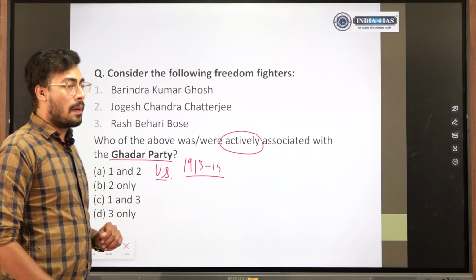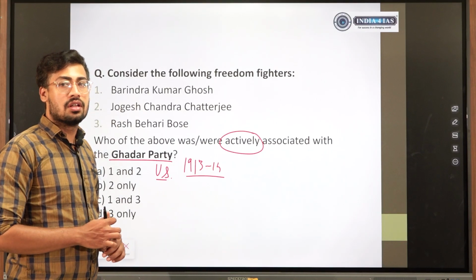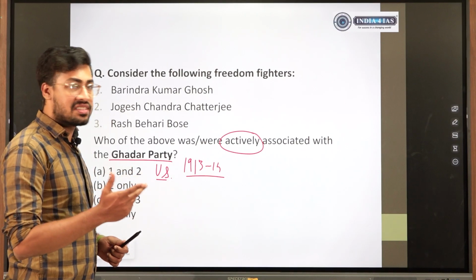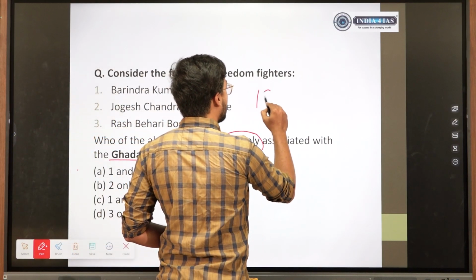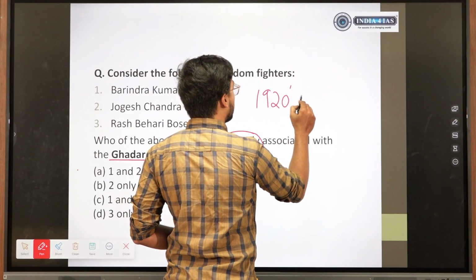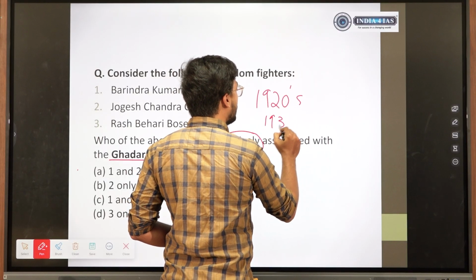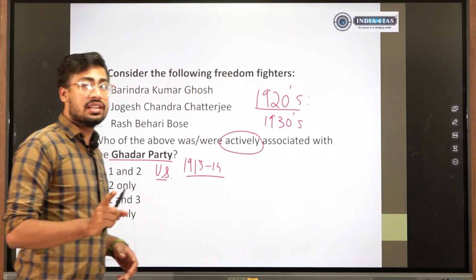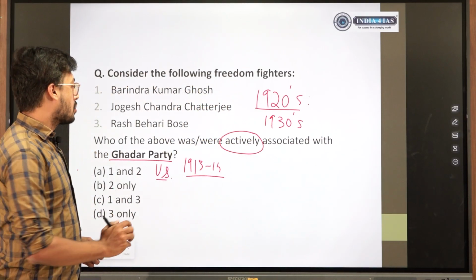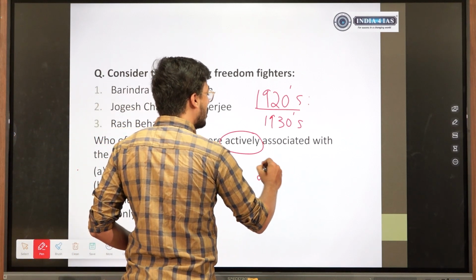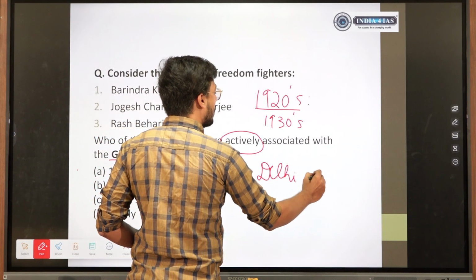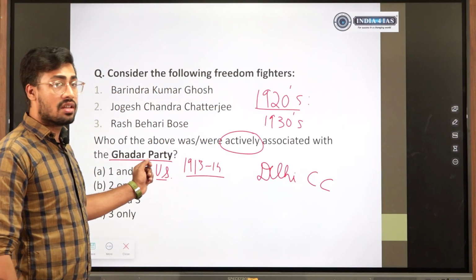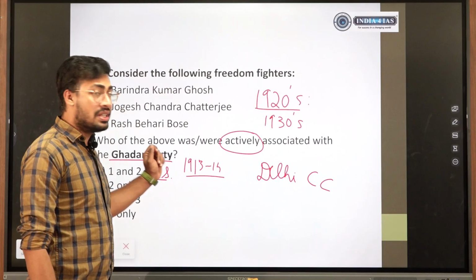Barinda Kumar Ghosh and Aurobindo Ghosh, when we study the revolutionary movements, two phases come up, one is of 1920s and one is of 1930s. So in the 1920s revolutionary acts, under it there is one thing called Delhi conspiracy case. So if you remember, see these are basics which we need to know. In the Delhi conspiracy case, Barinda Kumar Ghosh, he was arrested, he was